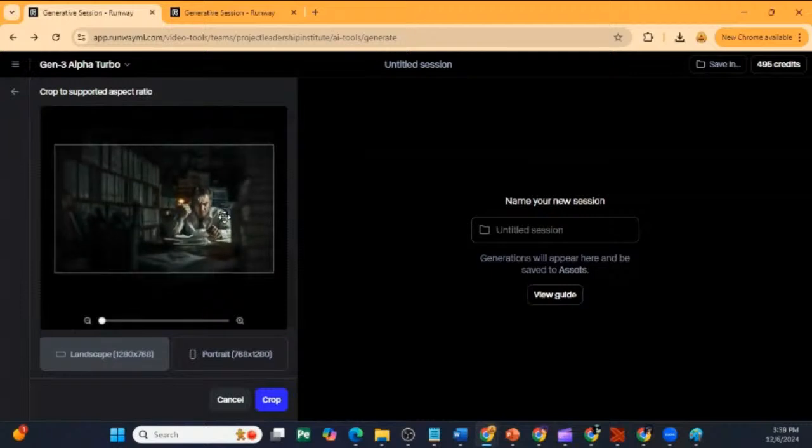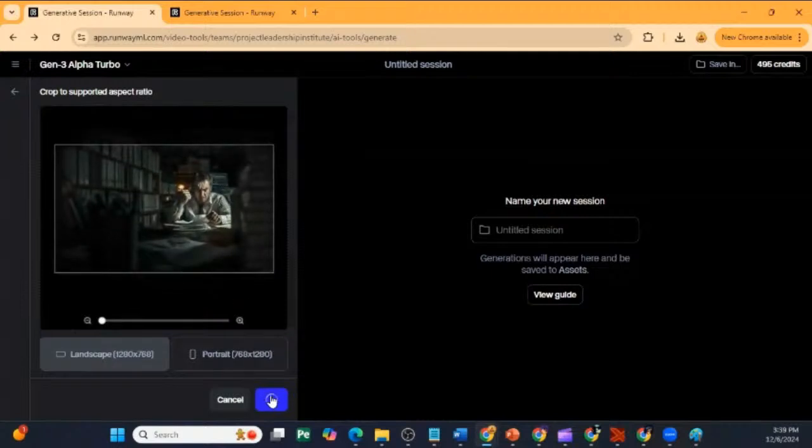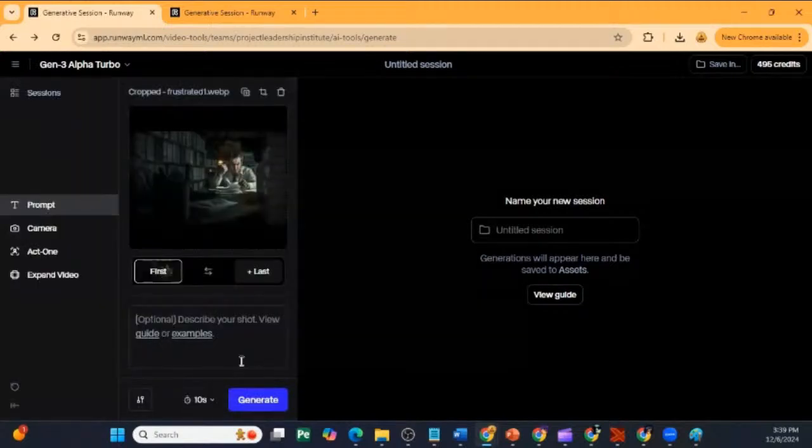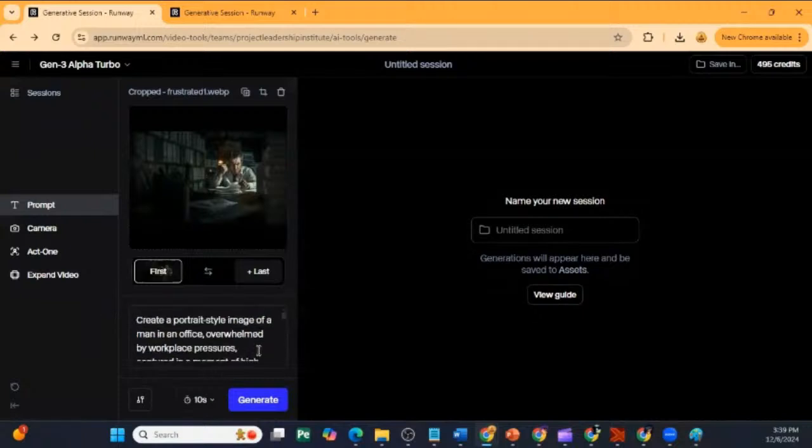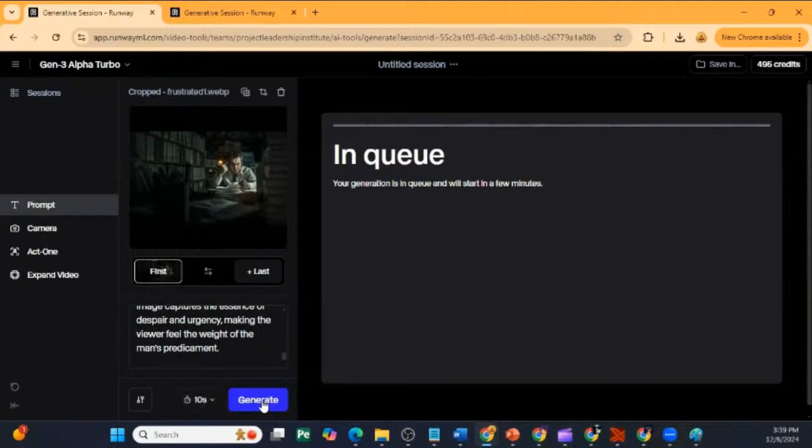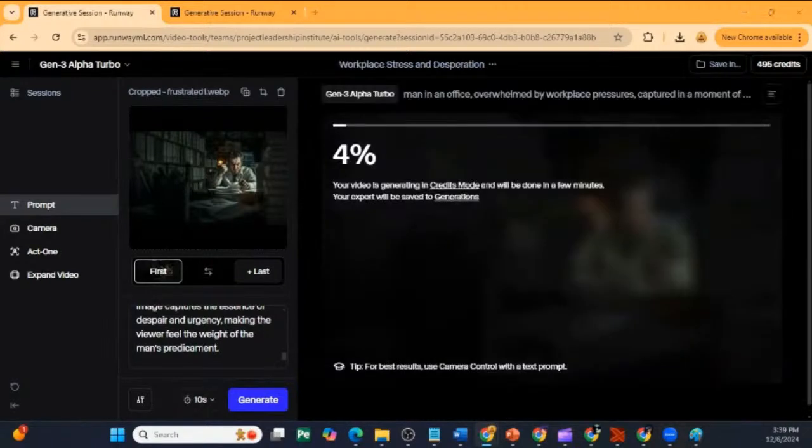And crop. And now we're going to give it more context. We're going to give it the whole story. So let's cut out some of the text. Man in workplace overwhelmed. Okay. Gonna make this a 10, and I'm just gonna use 1 because I really don't need it to loop. I'm quite confident that Runway ML will keep things in their proper perspective and move in as